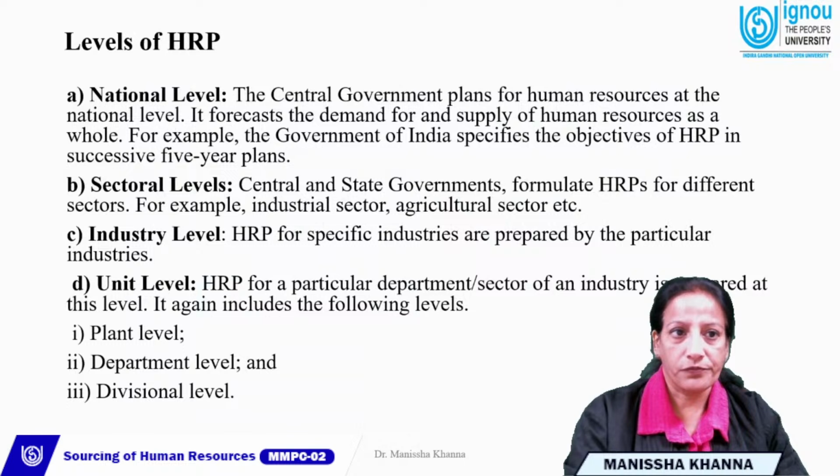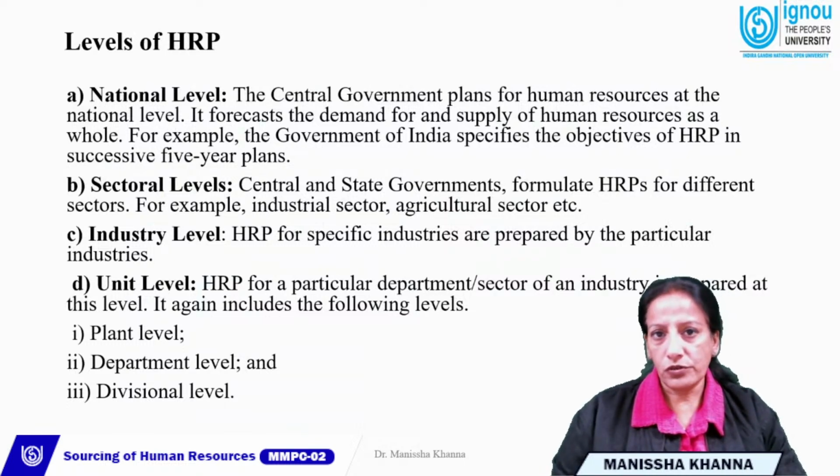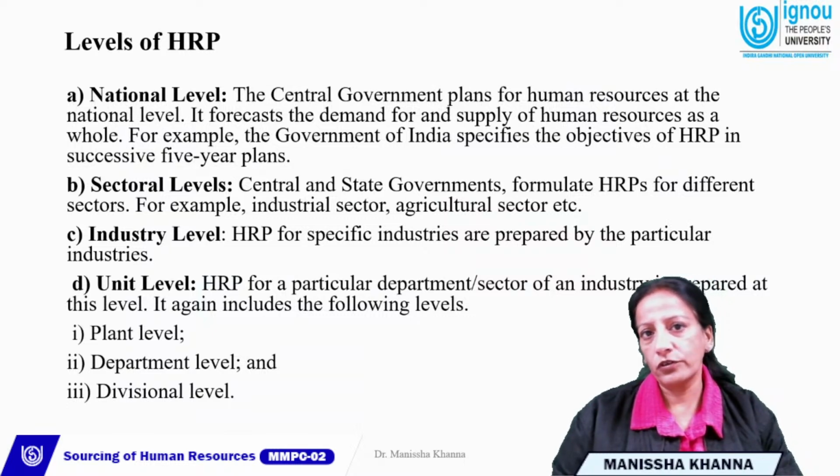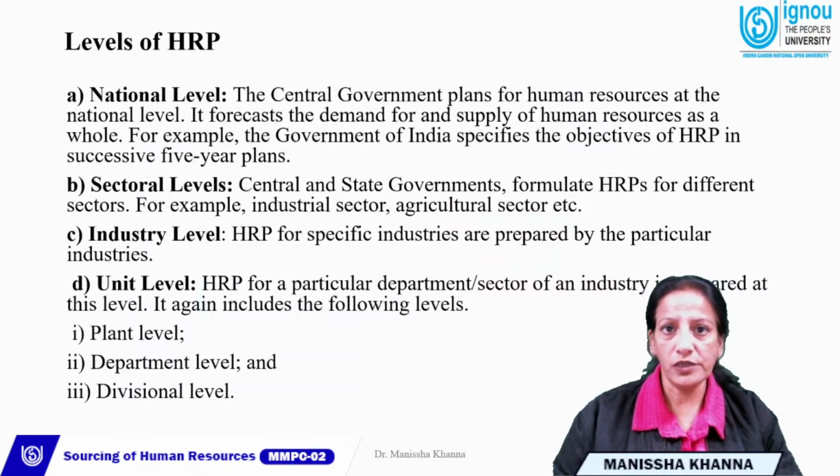mutual benefits. Level of human resource planning is mainly on 4 levels. First is the national level, that relates with the government plans of human resources at the national level. It forecasts the demand and supply of human resources. For example, India specified human resource planning for the 5-year plans. So here we talk about the national level planning. How many people are required for specific projects if something is coming on a very broader or very long term